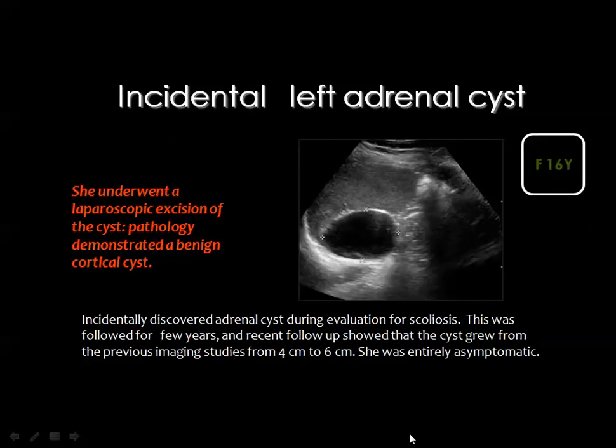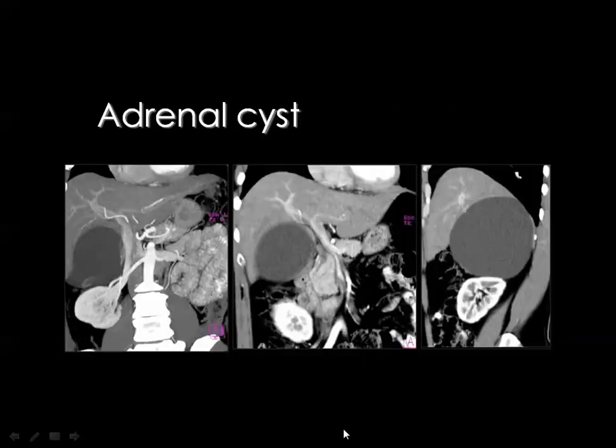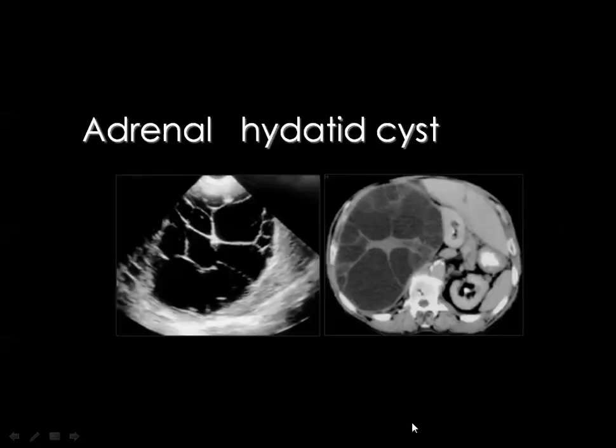A cyst by ultrasound will show hypoechogenicity with acoustic enhancement, similar to any other cysts. And this is an adrenal cyst, and on the right side, you see a fluid-containing lesion with no mural nodules or enhancement. But if you see this typical appearance of hydatid cyst, a big cyst with internal mural, small